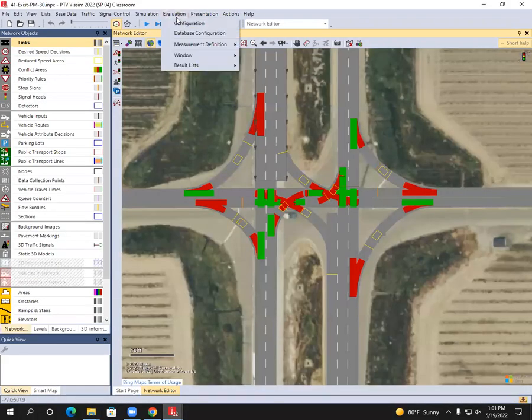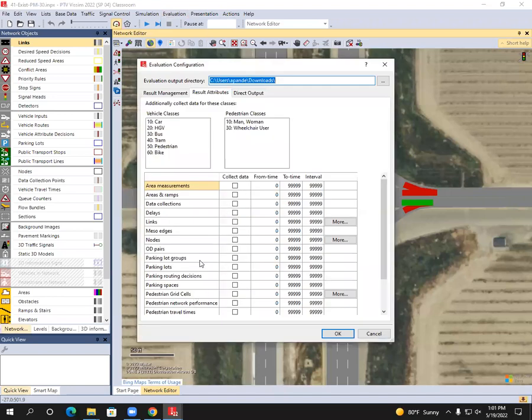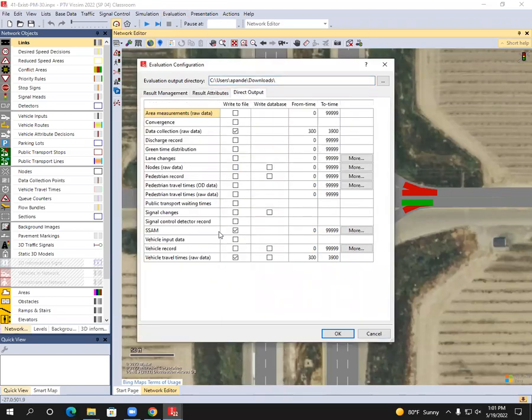If you go to evaluation, configuration, and direct output, you have to check this box for SSAM. Let me highlight that box. I can escape and then annotate it. So this is what I'm annotating. This is the box you need to check here: SSAM. If you do that, then that's the cue for VISSIM to be able to create the trajectory